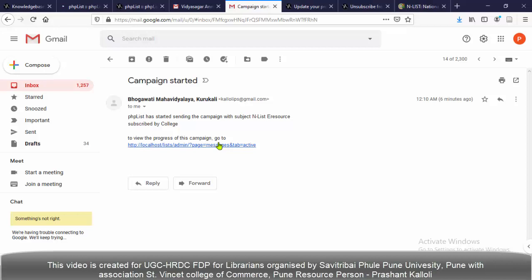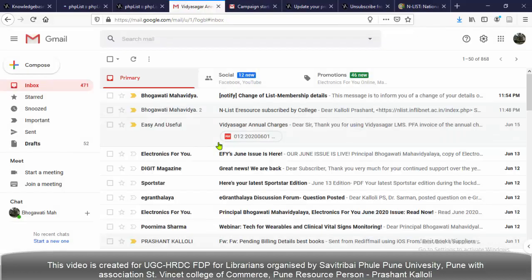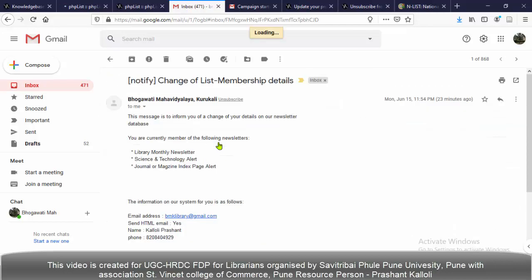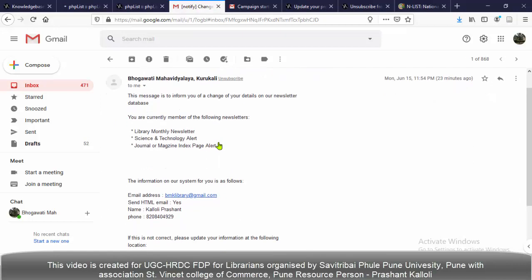None of the email clients are providing such types of services. Here I'm also showing we have changed the preferences and the system sent the details of the changes. It says that you are currently a member of the following newsletters: library monthly newsletter, science and technology alert, journal magazine index page alert.